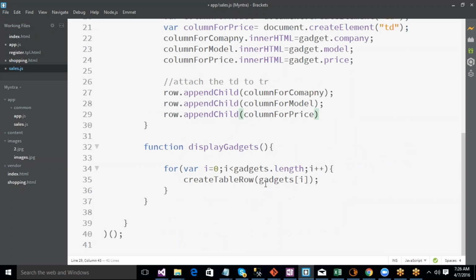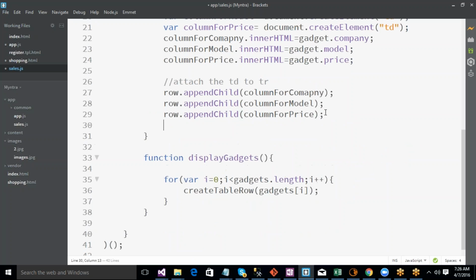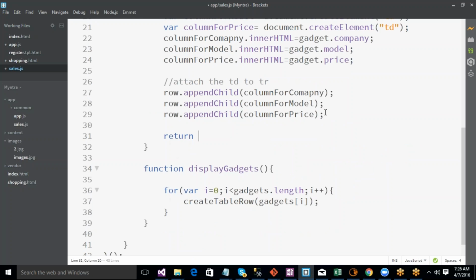Now what I'm doing here is I'm returning this row, where row created equal to this. Now what I'm doing where table equal to